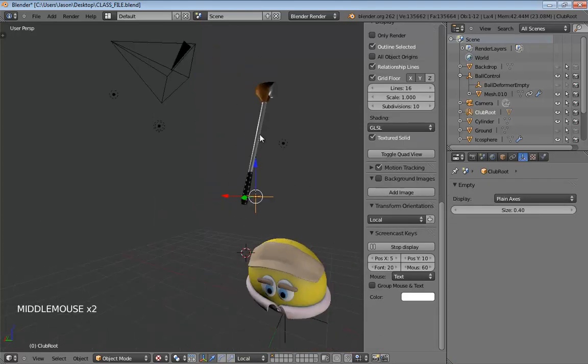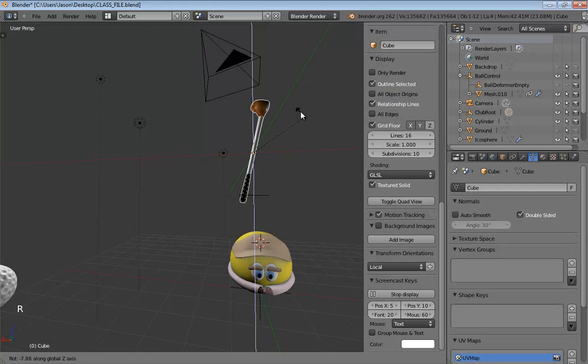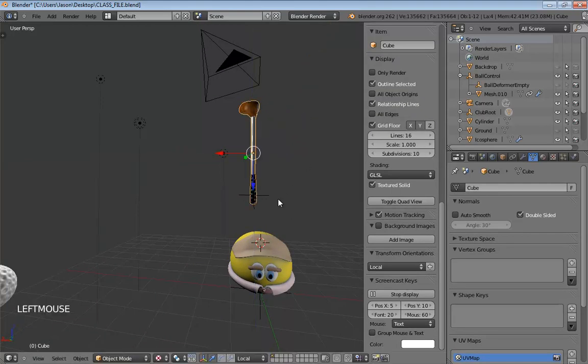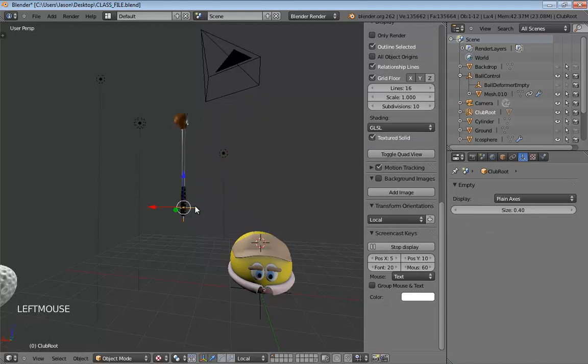Oh, I need to clean up my rotation very slightly. We're just going to be adjusting the position and rotation of this empty, and the club will come along for the ride, which of course is the great thing. But we're never actually going to touch and animate this when animation comes. The motion and rotation of this will be handled as part of our rig, and all we're going to have to do as an animator is just change the value of a slider. And that will make things very easy.